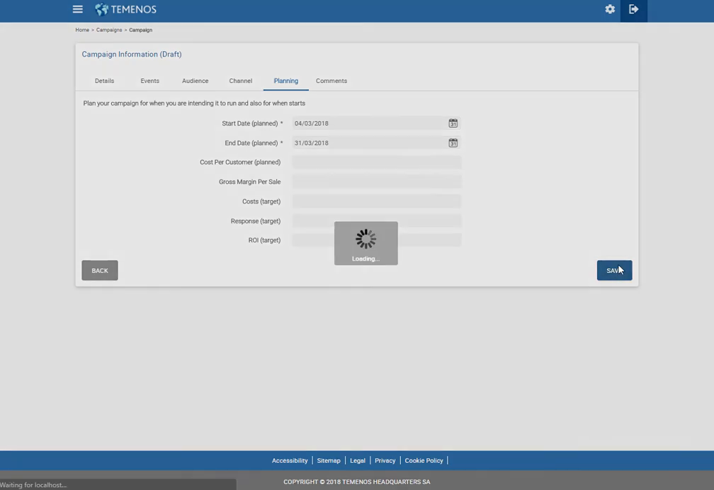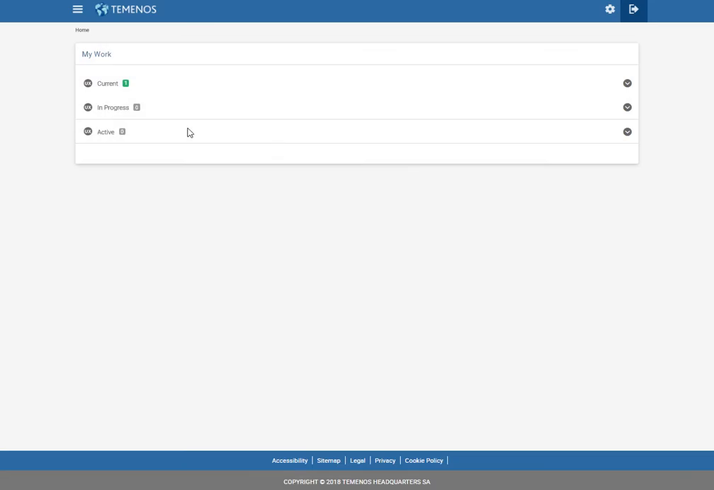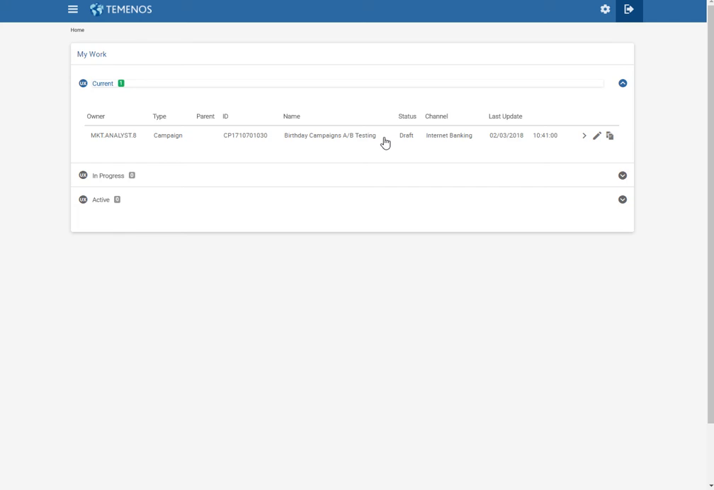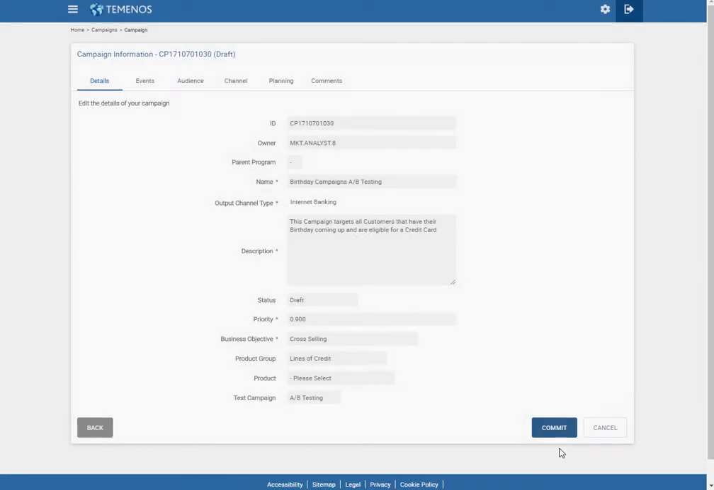Now I will save the campaign. And you'll see that once saved, the campaign is in draft status. To be able to test this campaign, I need it to be in testing status. So first I will send it to pending check